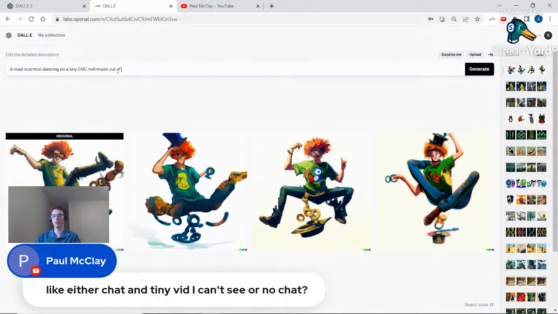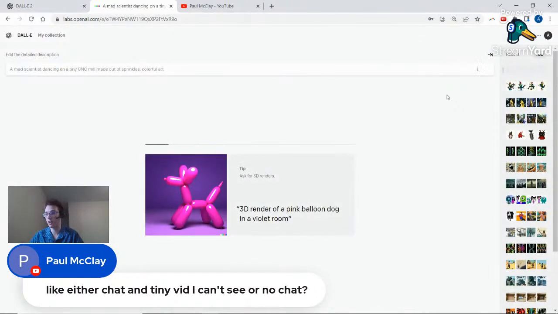How about sprinkles? Made out of sprinkles, colorful art. Okay. Mad scientist dancing on a tiny CNC mill, thanks to the inspiration of Paul, made out of sprinkles.